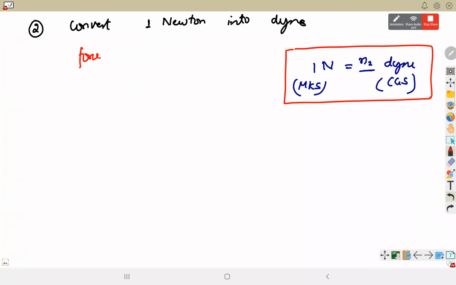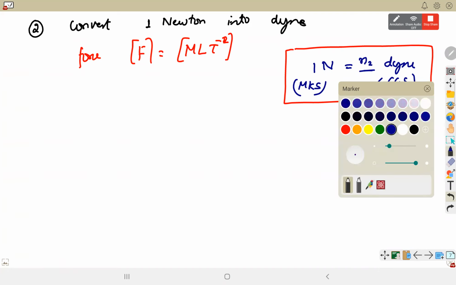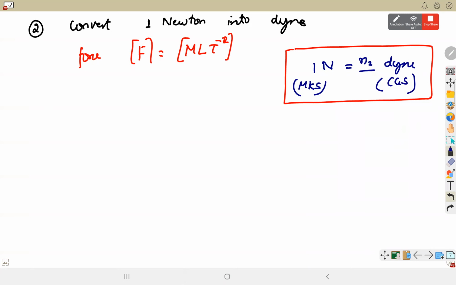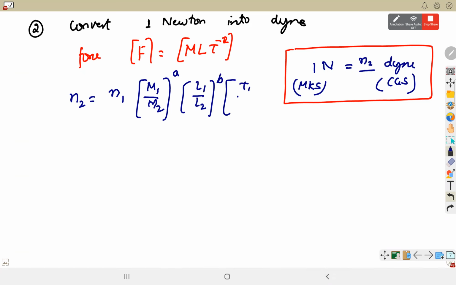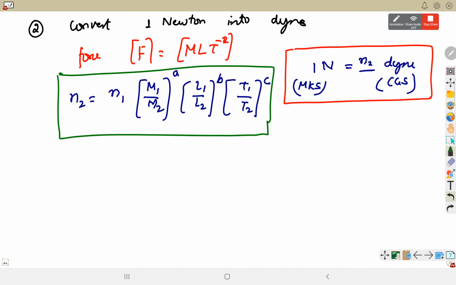So this is force, dimension of force is ML T^-2। We got the value of a as 1, b as 1, c as -2। N1 here is 1 Newton, N2 is equal to N1, (M1 by M2) to the power a, (L1 by L2) to the power b, and (T1 by T2) to the power c। We will substitute these values here। Solve करिए। 1 Newton is how many dynes? You might be knowing, but now you have to convert it using this method।